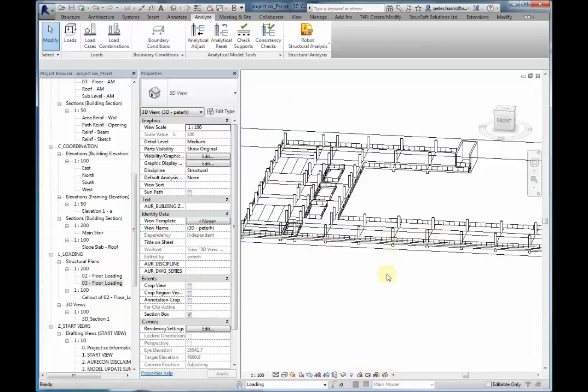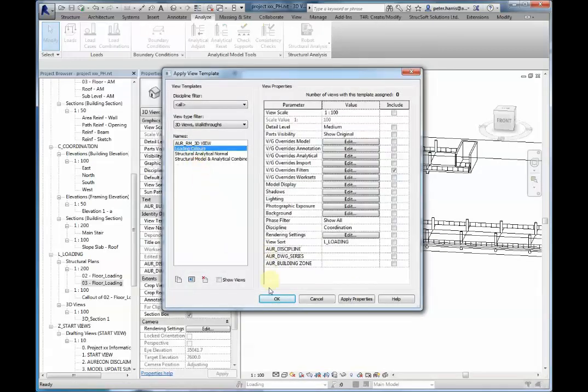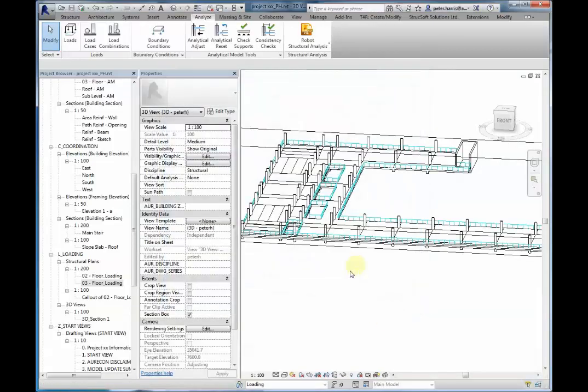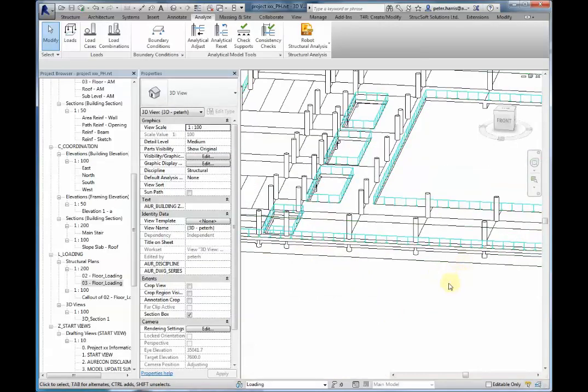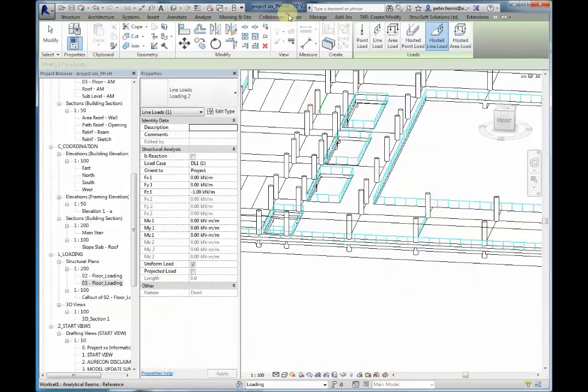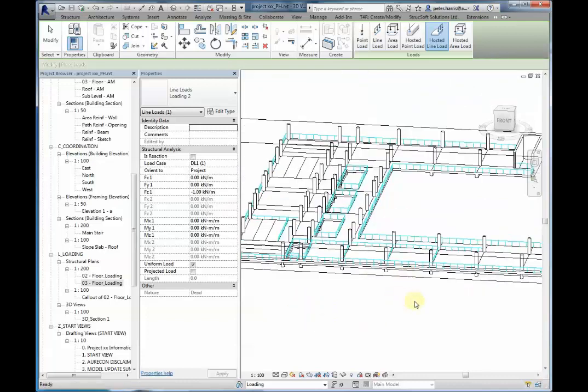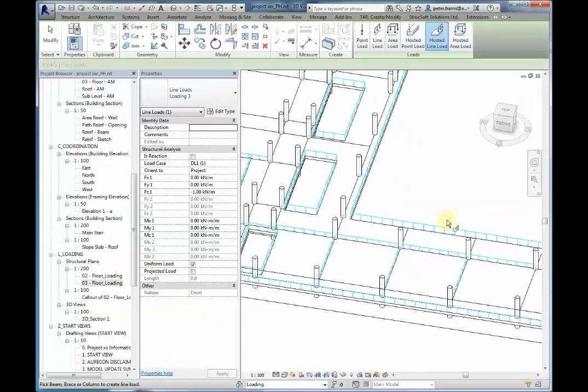And even applying now our view template we created earlier for loading colours. As you can see. And even using the hosted line loads, at any stage we can pick our beams or framing members, etc. If applying the hosted point loads, which is often used for columns,